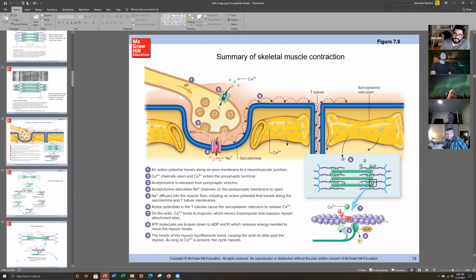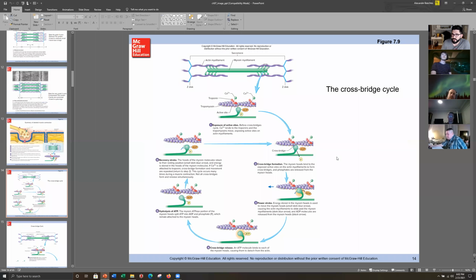So that's a very condensed version of the next thing that we'll discuss here. And then once we get through this next thing called the cross-bridge cycle, we'll actually end for today. All right, so the cross-bridge cycle is important because it determines how our muscles produce force, right? And as of right now, I believe this is still technically what we call a "theory." I'm going to put that in quotes because